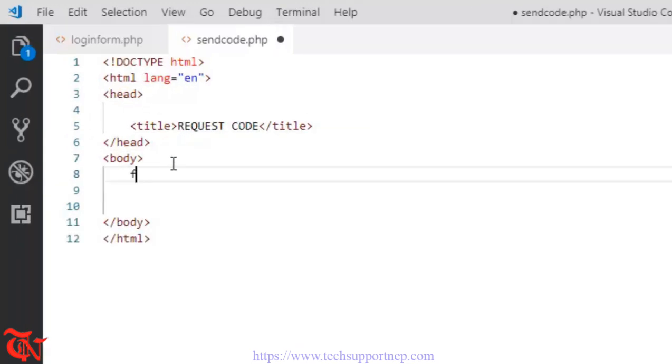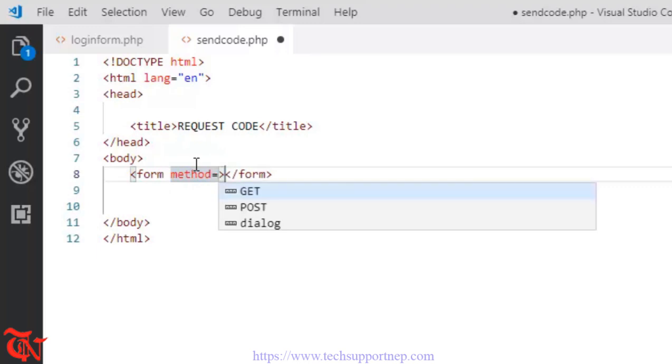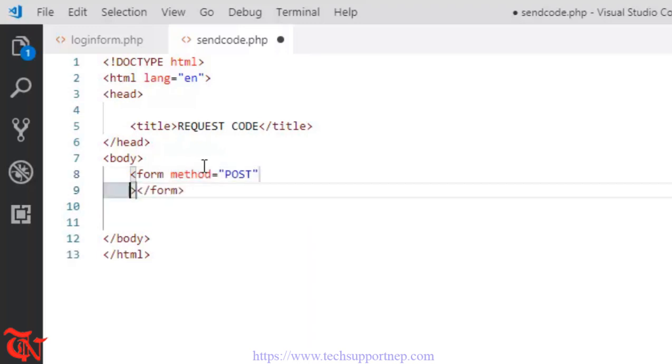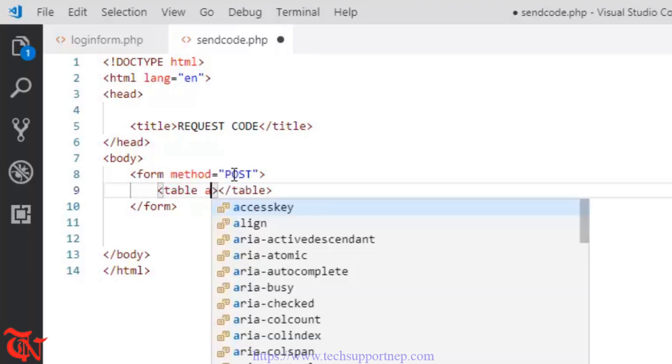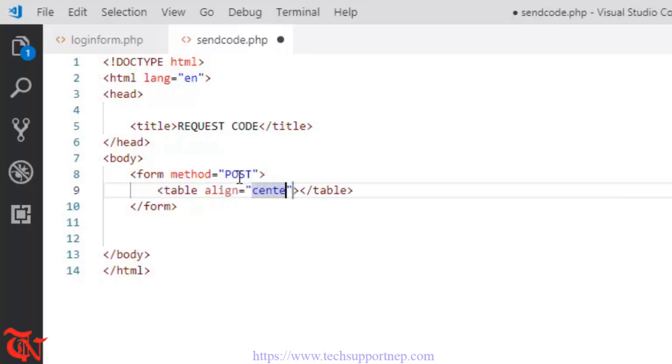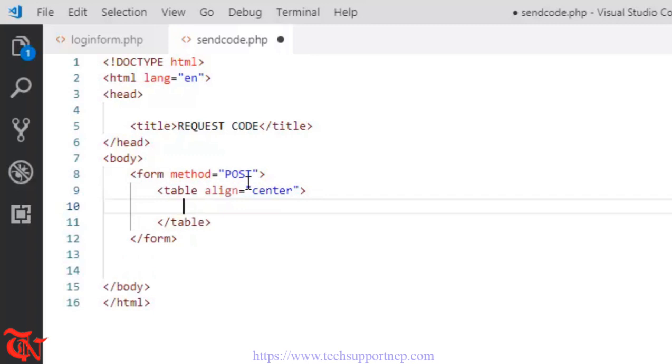Inside body we're going to use form. For the form, we don't need action, we need only method. Method is equal to post, and inside that form we're going to use table. Inside the table, first of all we need to align this table center, so align is equal to center, and inside that table we are going to use another h3 tag, and this should be align is equal to